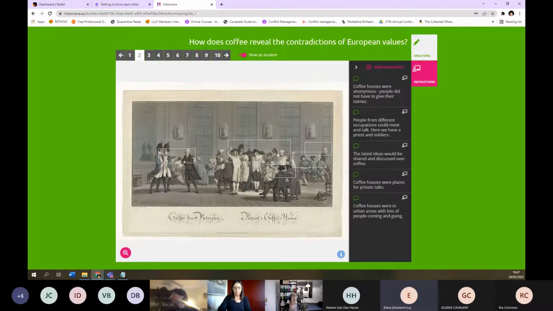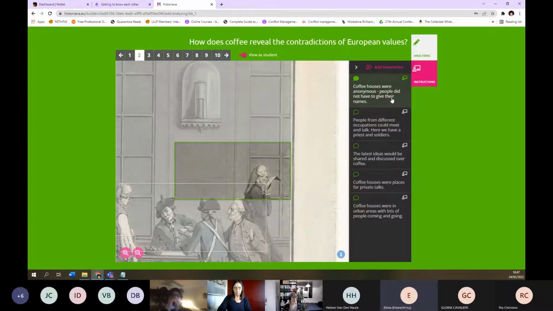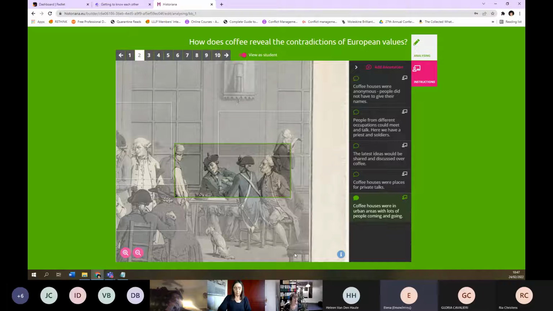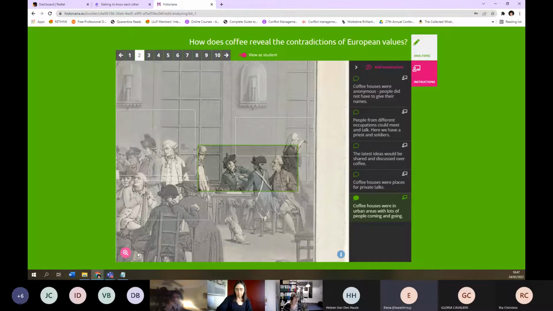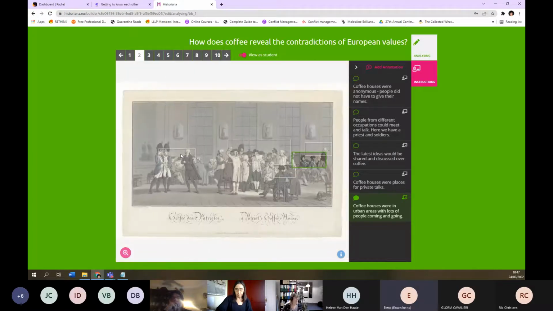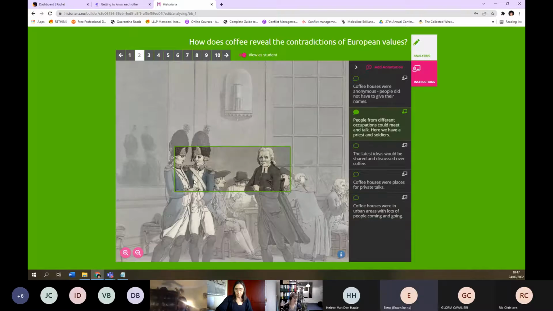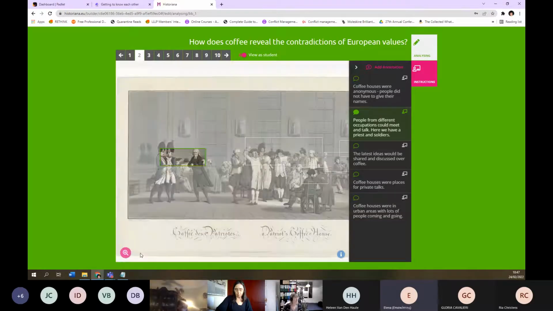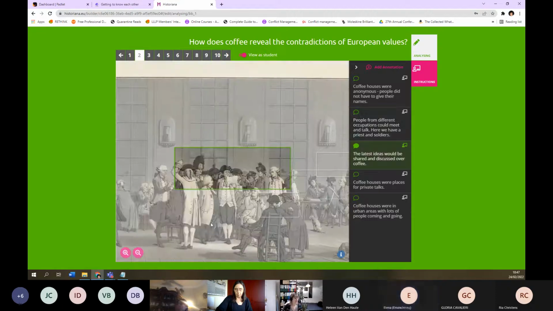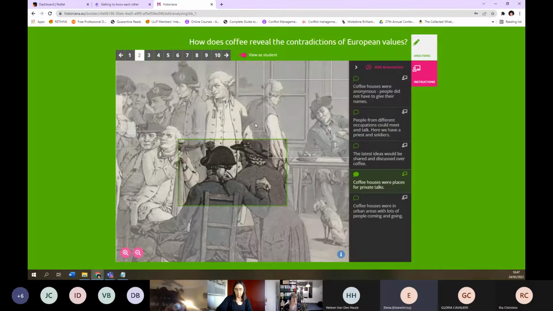And so the student will have the possibility at their own pace to just view how coffee houses were anonymous, but also they were in urban areas with a lot of people coming and going, and this is shown by, you know, we have soldiers, but we also have other members of society here. There were people from different occupations that met and talked, and ideas were discussed. And you could also have private talks. So this helps setting a little bit the scene for students to understand how coffee houses changed the way people met,